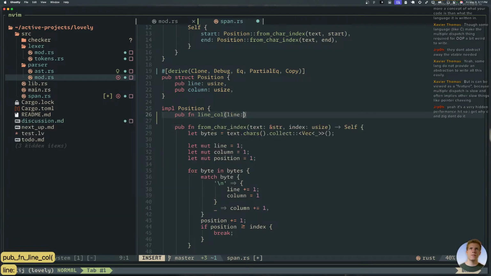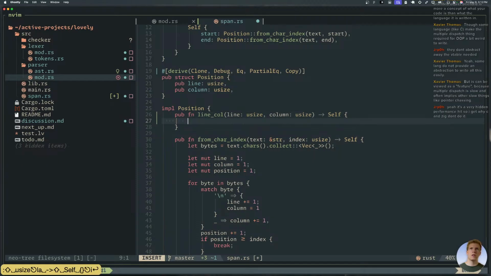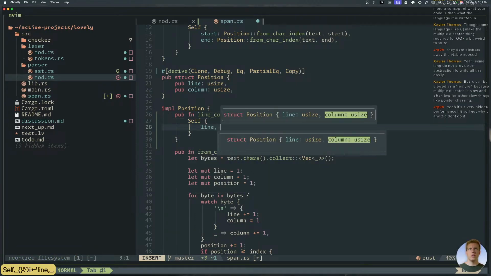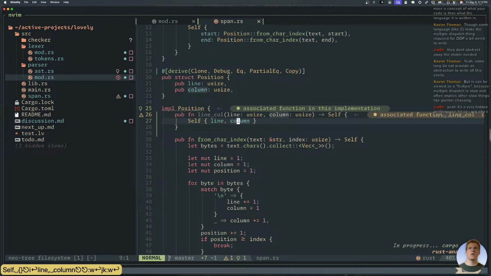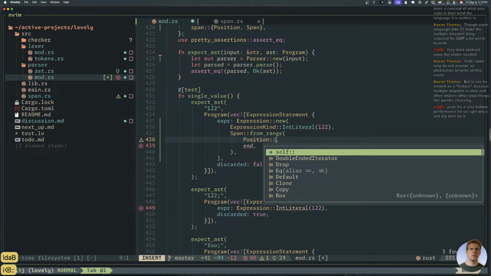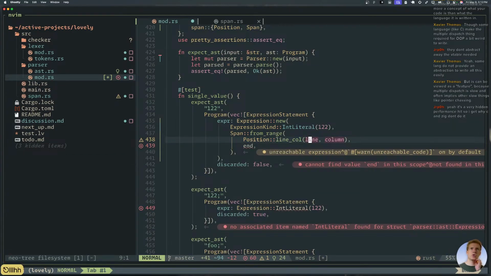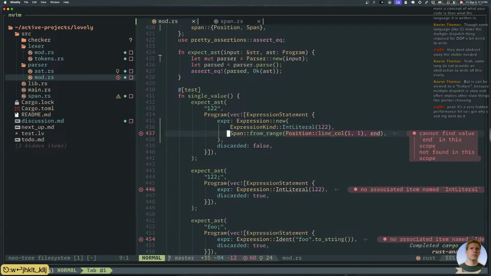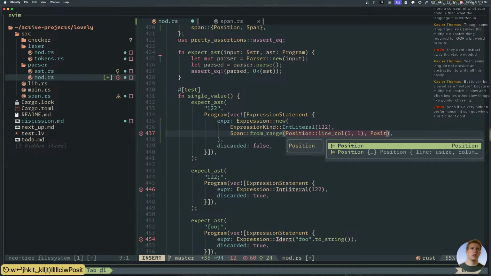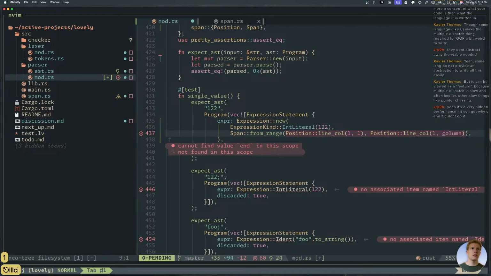Line column, line usize, column usize. I just want self with line and column. Thank you very much. All right, now I can do this. Line column becomes line 1, column 1, 2, position line column 1, 3.